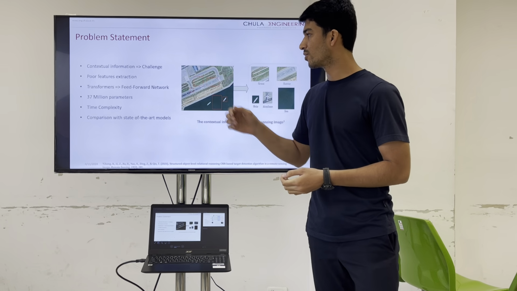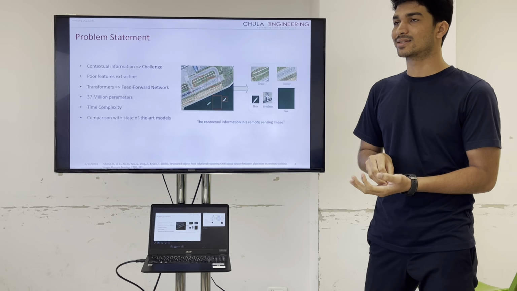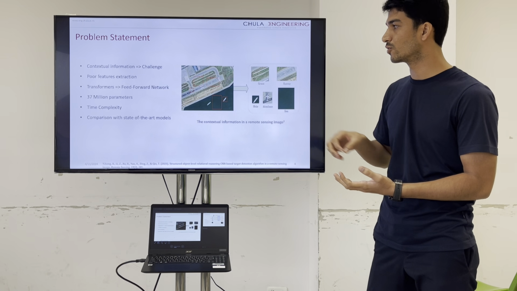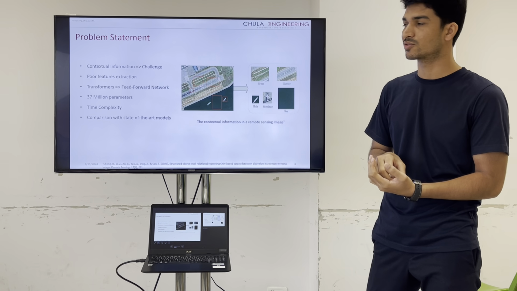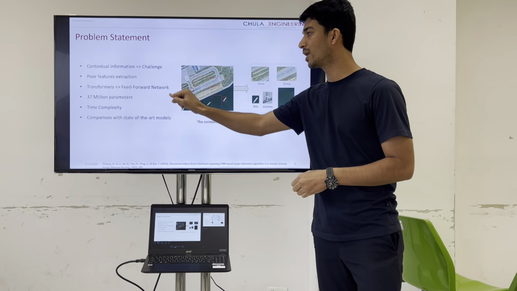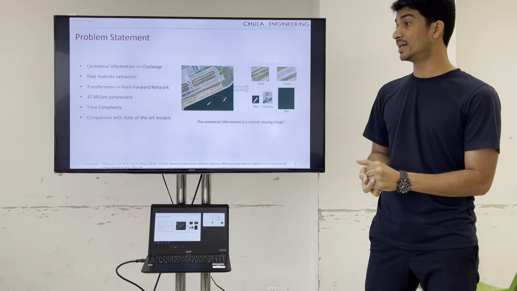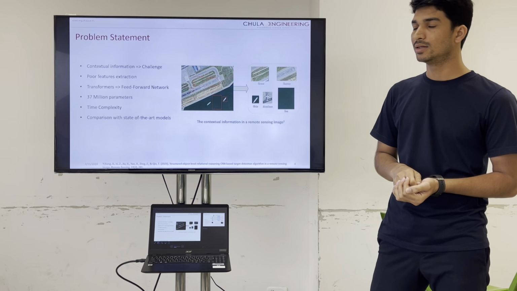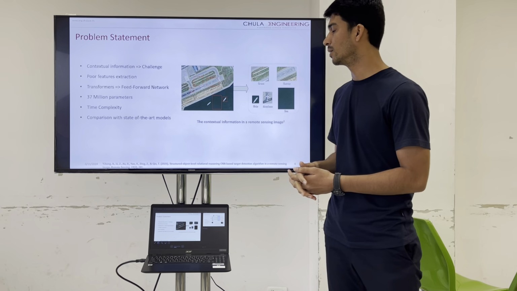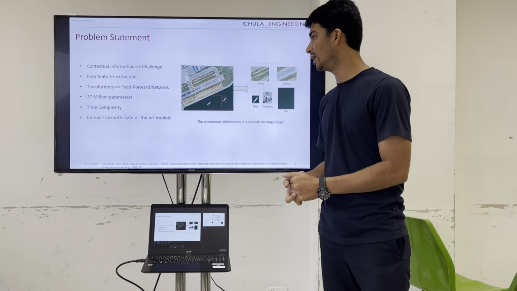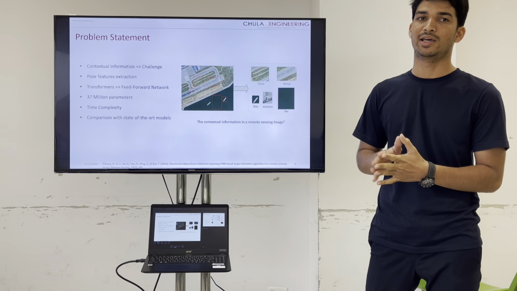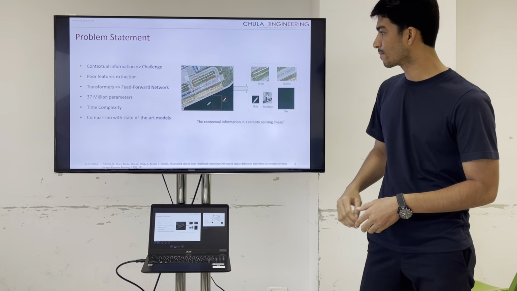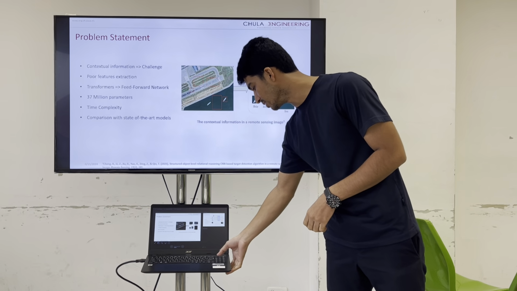Then transformers are the latest technique after convolutional neural networks in deep learning, and the feed forward network in the transformer was also a problem. And the number of parameters was 37 million. That consumes a lot of time, which is also mentioned in the time complexity. That's all about the computational cost of the model. And our machines are not really good enough to compute for a long time for these super resolution models, in comparison with the state-of-the-art models.